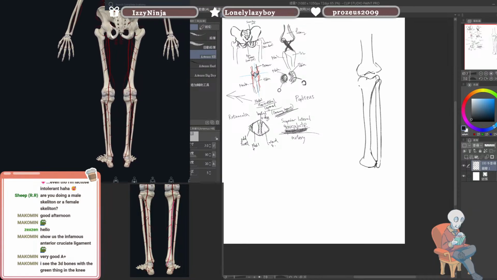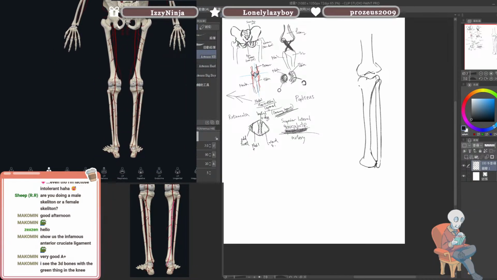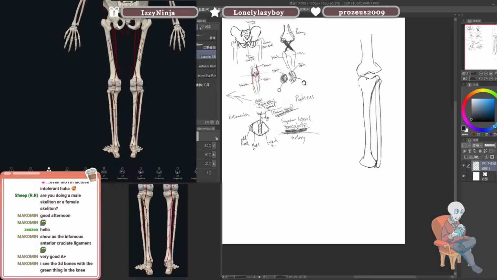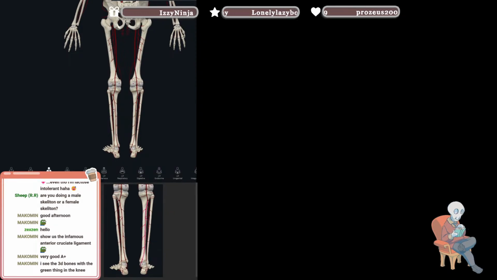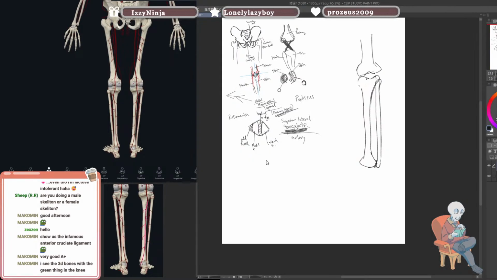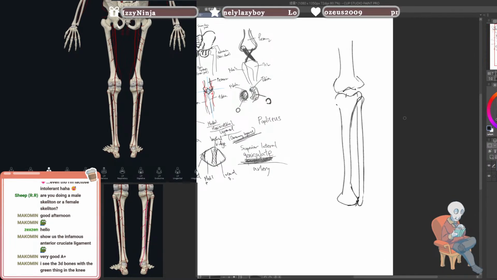Just put some over here, that way I can have bigger space to draw. And this is for the